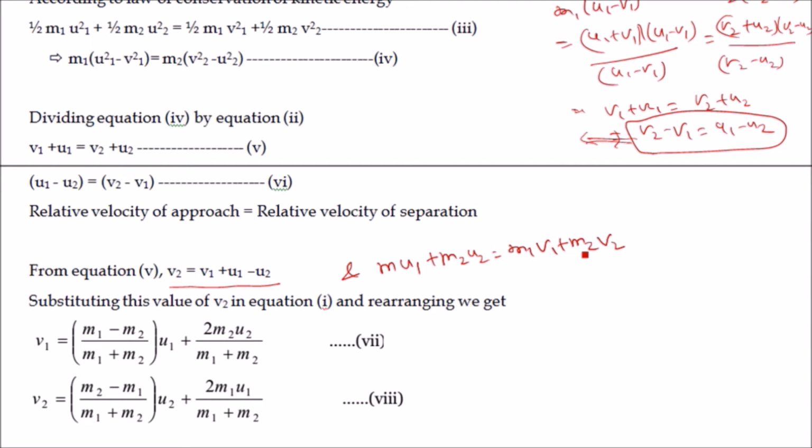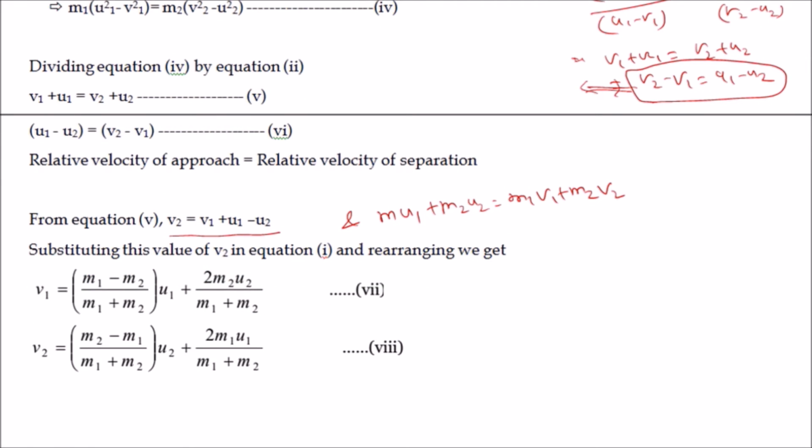That is the formula for conservation of momentum. And if I solve, I will get the formula for final velocity. So I will just solve it here and show you how it happens. First we will calculate v1, and for this we just substitute the value of v2 from this equation